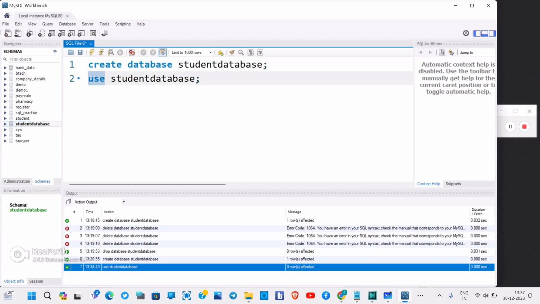This command is in the form of blue color, and a normal string is in the form of